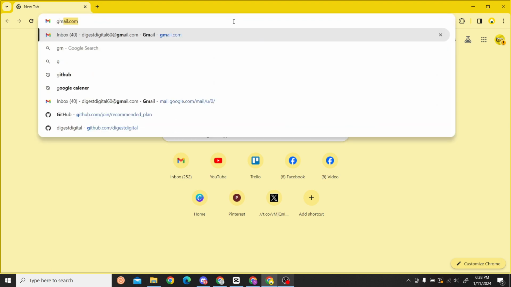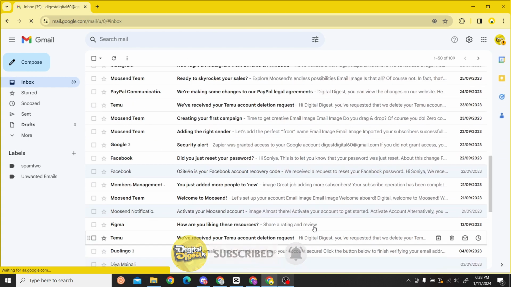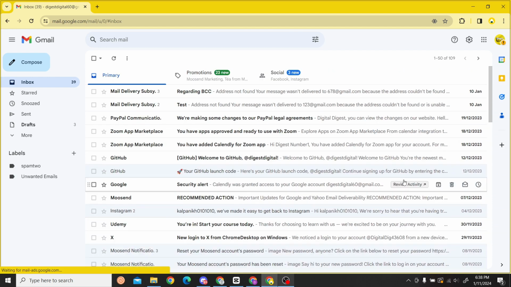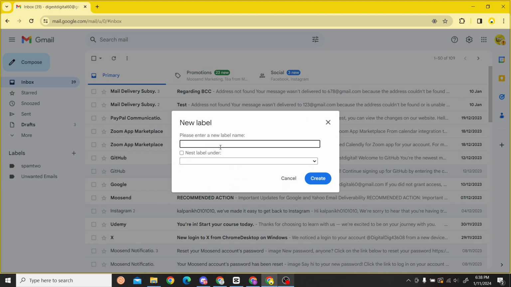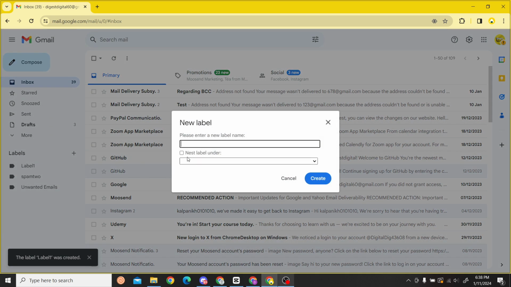So the first step is to open the Gmail website, and on the left hand side you can see the option for labels, and right beside that you can see the plus icon, and over here you can see the create a new label option. All you have to do is click over here and now give your label some name. So I'm just going to give my label one. Alright, so all you have to do is click on the create button,